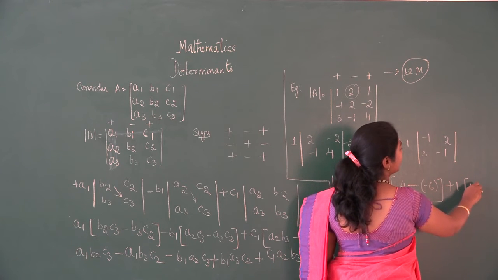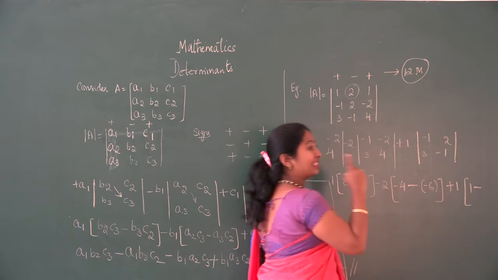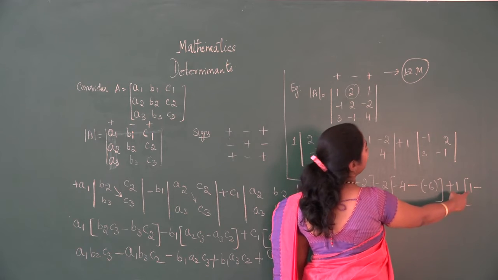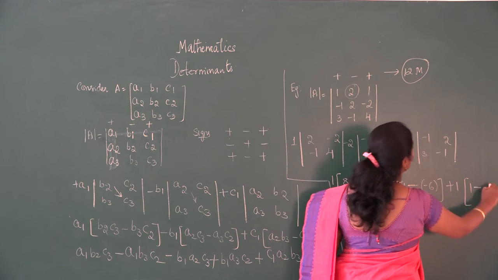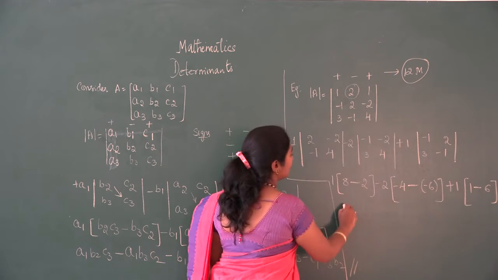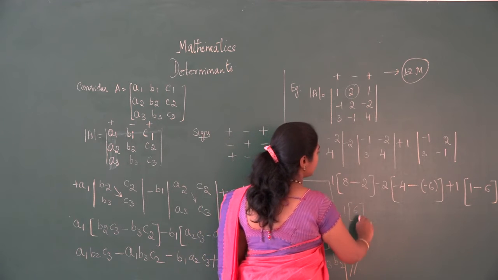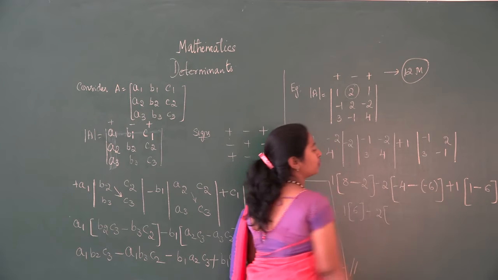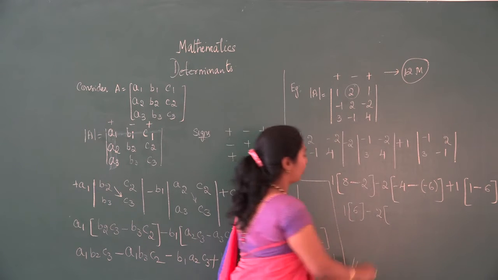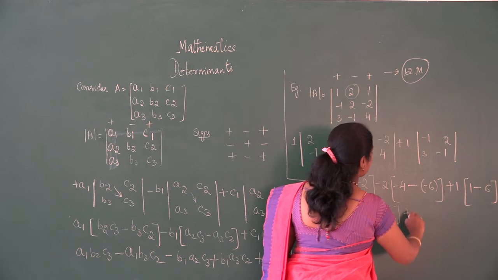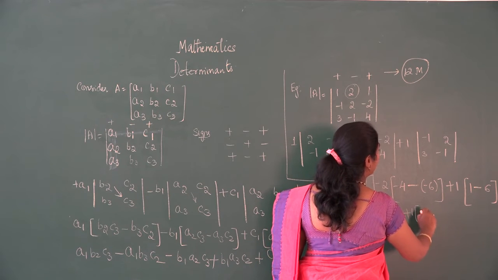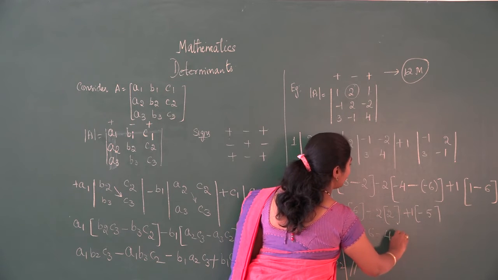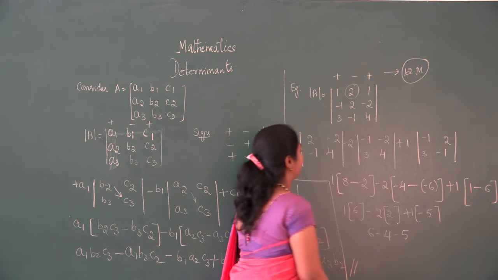It is always associated with the minus sign, that is product of principal minus product of secondary. Minus 1 into minus 1 will be plus 1, minus of 3 2s are 6. So this is 1 into 8 minus 2, 6, minus 2 into minus 4 plus 6. Minus into minus will be plus, so 6 minus 4 will be 2, plus 1 into minus 6, 1 into minus 6 will be minus 5. So this is 6 minus 4 minus 5.